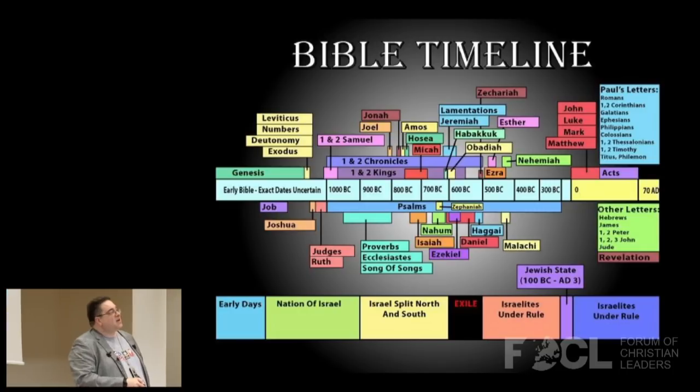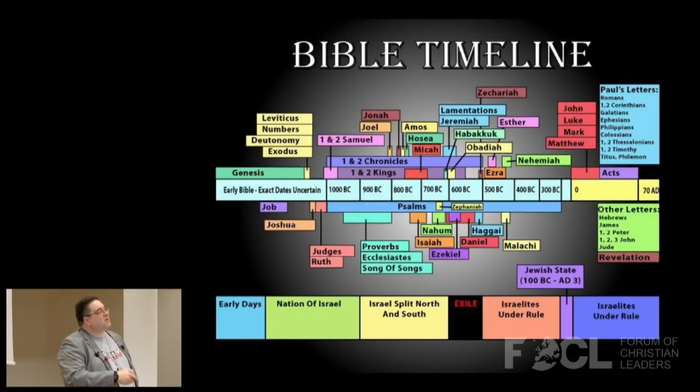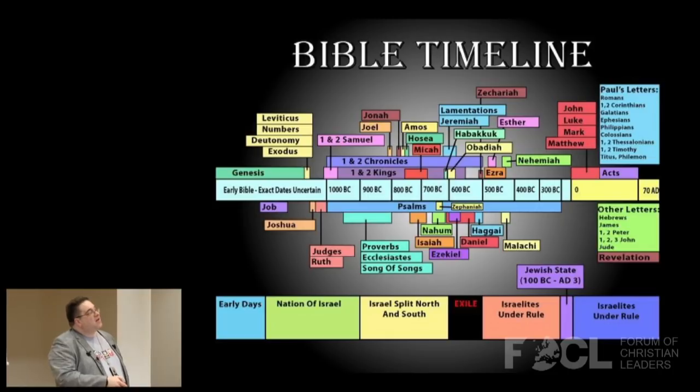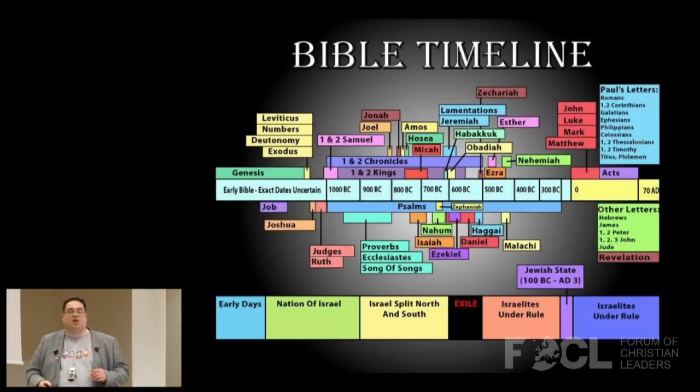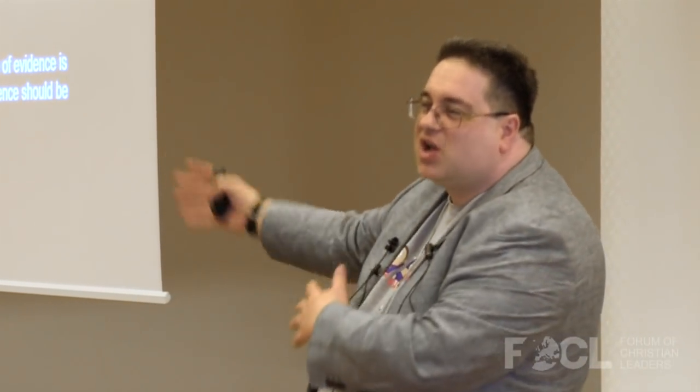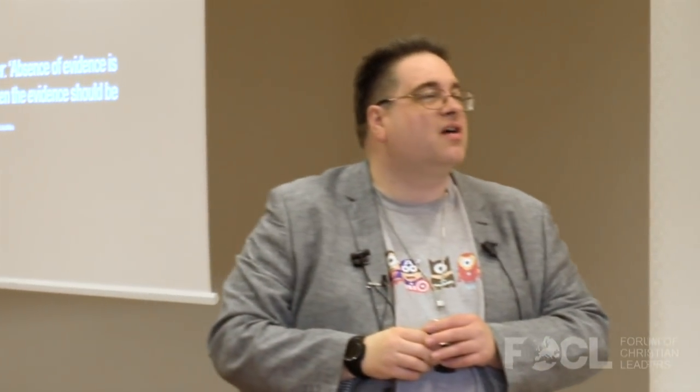Then we have the Babylonian exile. The Israelites under the rule of the Romans and so on, up here into New Testament times. So that just configures the timeline alongside the general timeline that the biblical literature is talking about. So that hopefully gives you a geographical and timeline sense of the major movements of the biblical history.